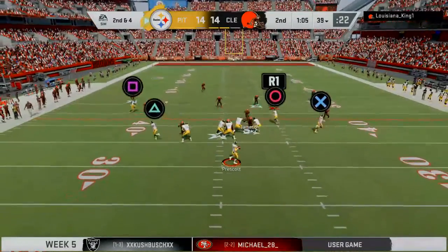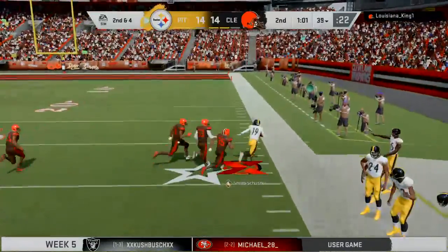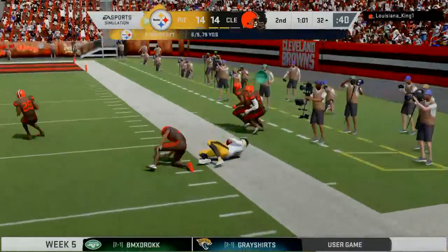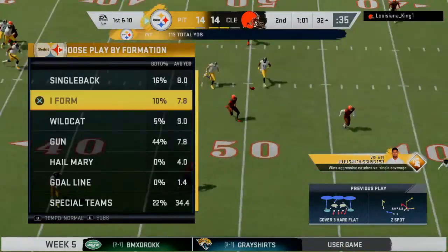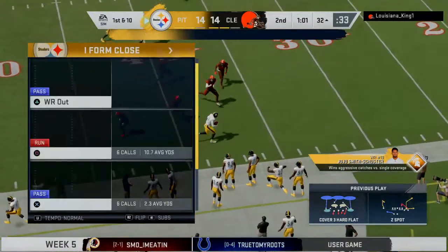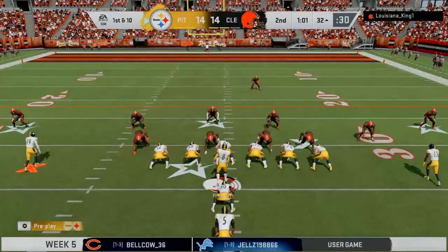47. 26. From the 39, Prescott. He'll find Smith-Schuster. That's complete. And he'll be out just a yard or 2 shy of the 30. That one covers 29 yards. First down. It's a game of matchups, and that's why you take your receivers and move them around a bunch,